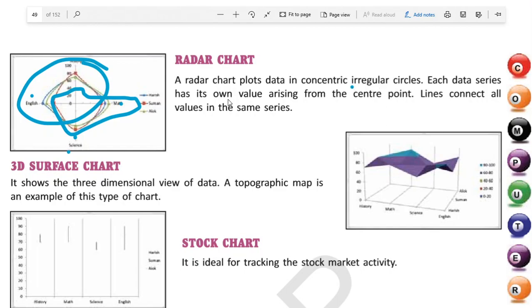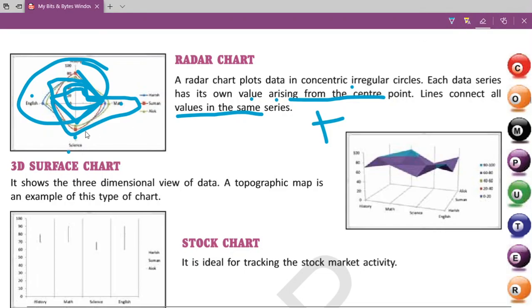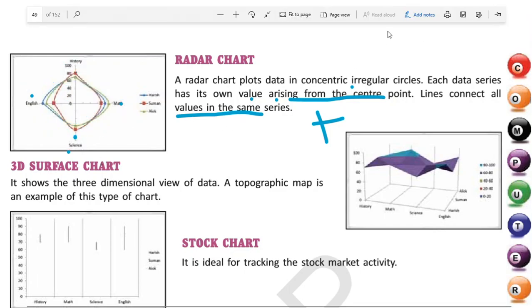Each data series has its own value arising from the center point. Then it connects the values of the same series. Suppose we have values of 20, 20, 20, 20, so it will connect them and form a circle. But if we have 10, 20, then 40, then 70, it will not form a circle. It's very rare that it forms a circle. Okay, now